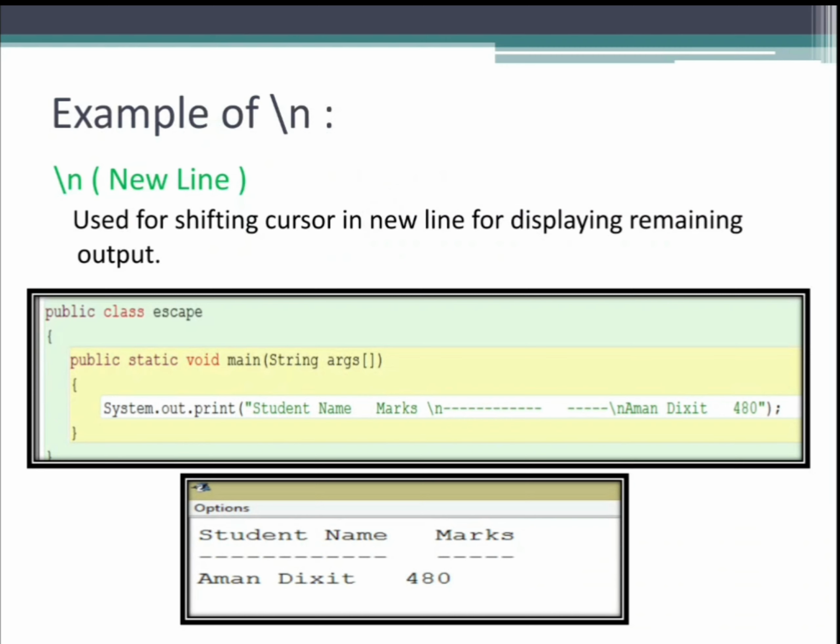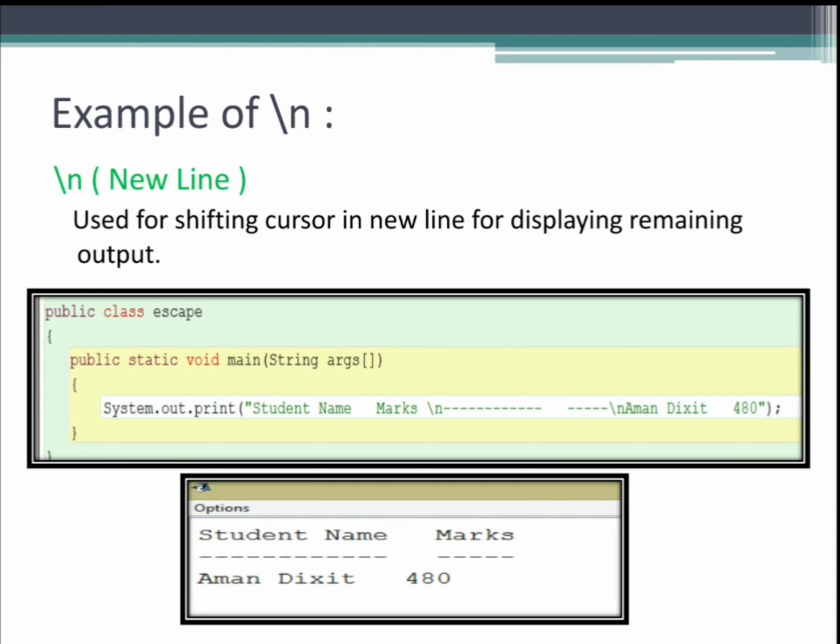That's why I'm using backslash n, and then I'm using some dashes to decorate my output, and then backslash n again, and then I'm writing Aman Dixit, 3 spaces, 480 as marks. See, everywhere 3 spaces should be there.